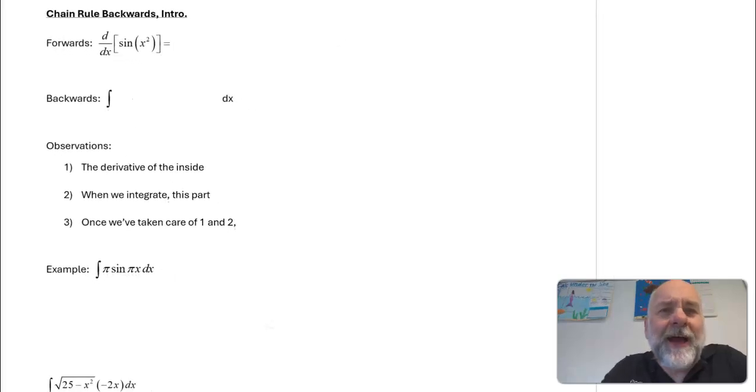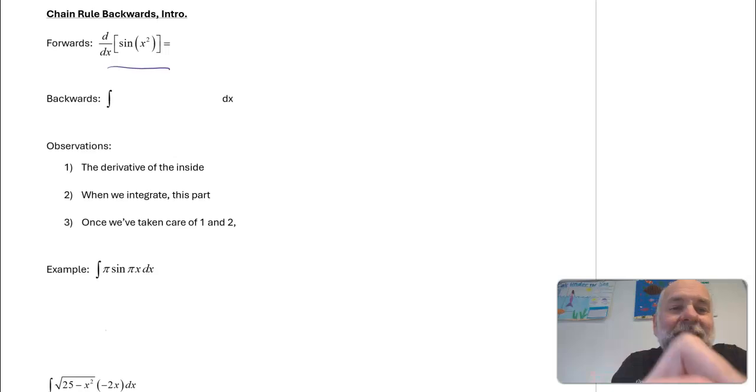So how do we do the chain rule backwards? The key to figuring this out is to figure out what it looks like forwards, look at that, and then unpack it. So I gave an example. Here's forwards. The question is, what's the derivative of that thing? And we know how to do the chain rule. It's going to be take the derivative of the outside and leave the inside alone, and then times the derivative